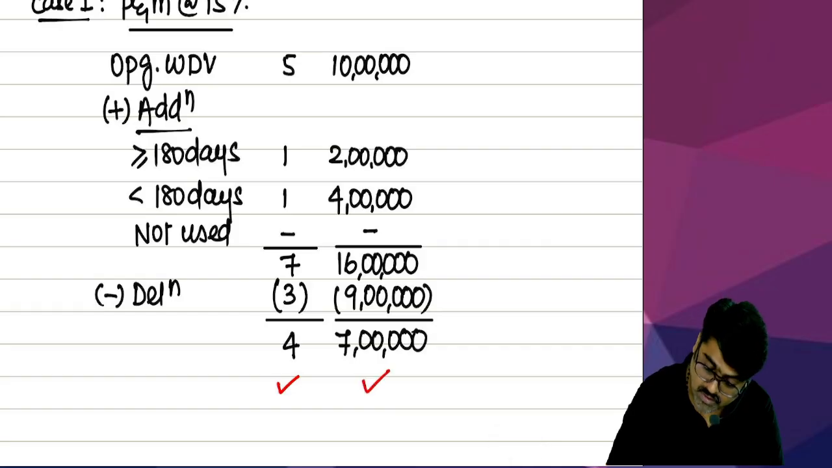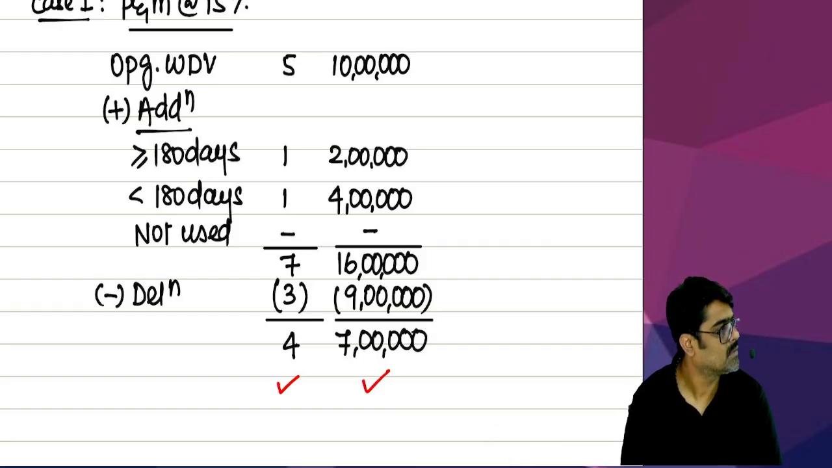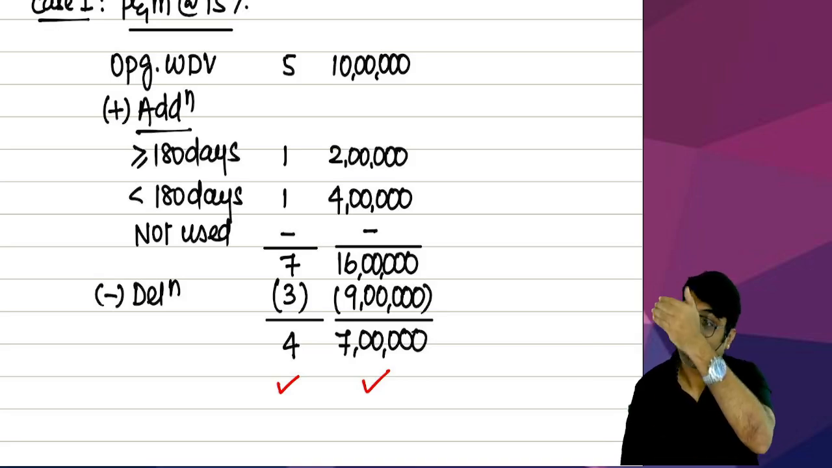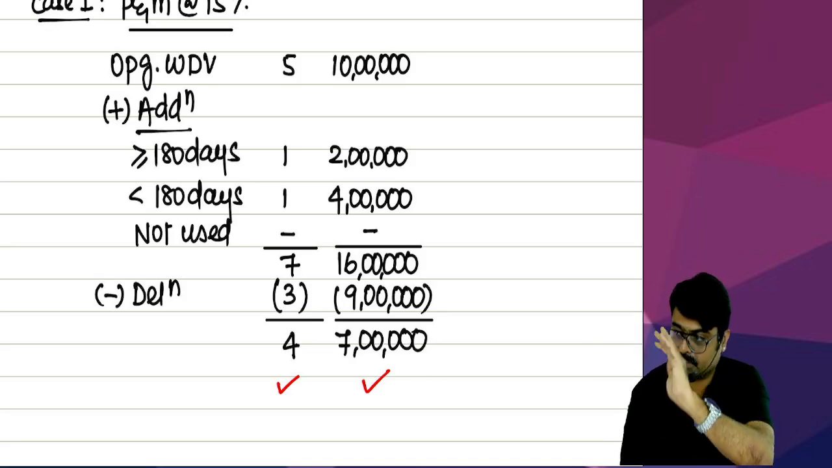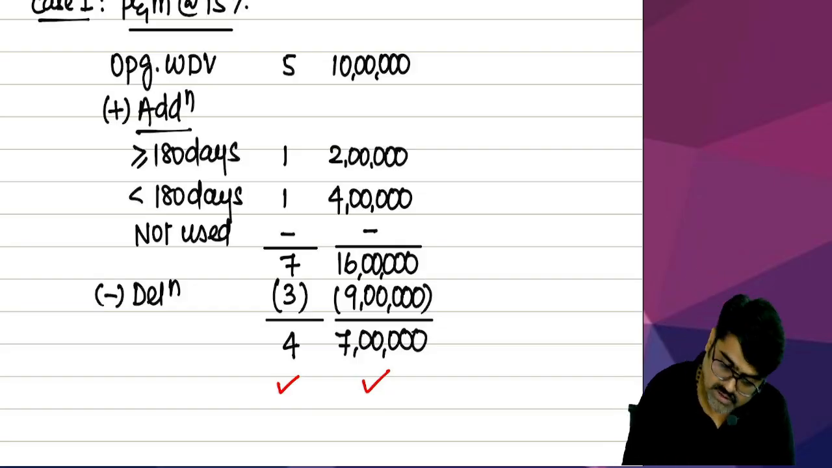Value is also there or not there? Now calculate the depreciation. No problem in this. We calculate depreciation only if the assets are there and the value is there. How much will be the depreciation? Assuming that the asset which was purchased and put to use for less than 180 days is still there, the depreciation here will be